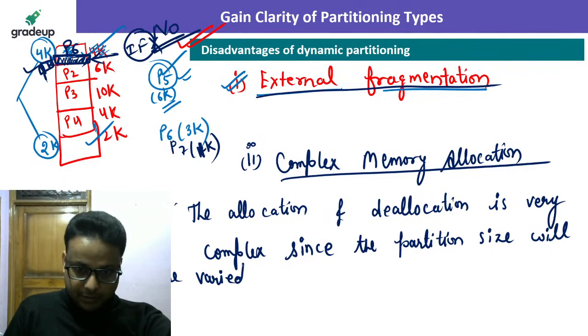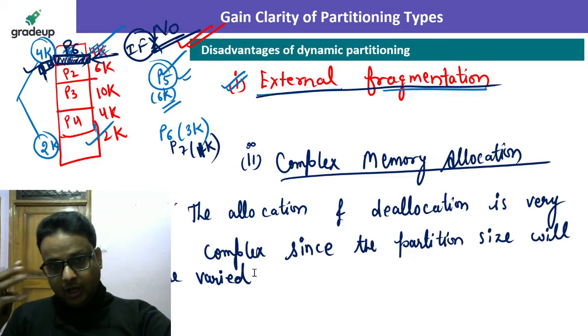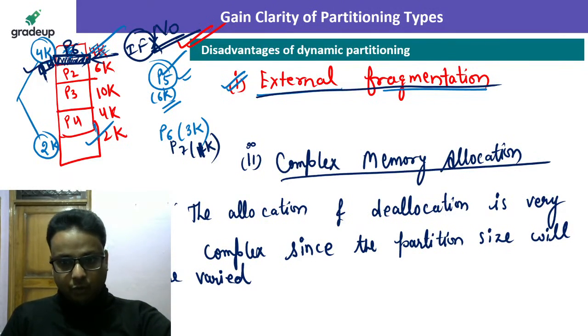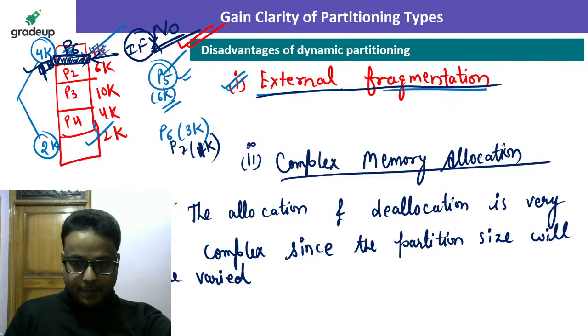Because sometime partition size may be 40 MB or 40 KB, and sometime it become 4 KB. Okay, so the allocation and deallocation is very complex since the partition size will be varied every time